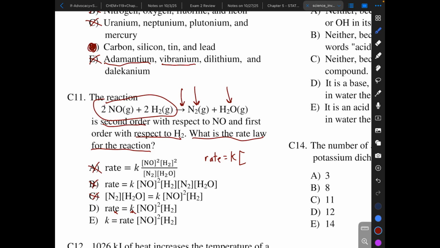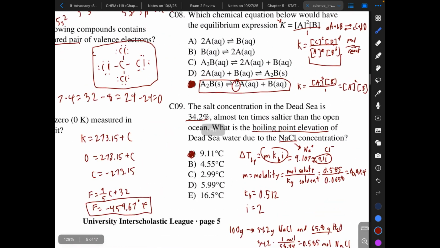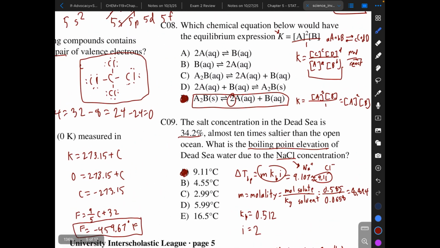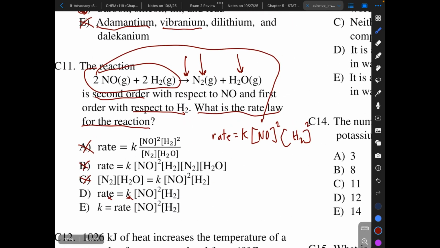One thing to know, big misconception: do not associate the coefficient with the exponent. Do not just do this, because this is incorrect. That is true for the equilibrium rate constant, not differential rate law. And they sound the same, but make sure you do not